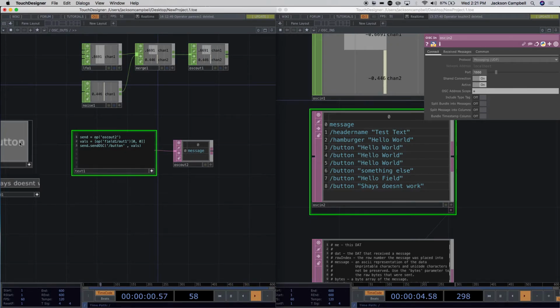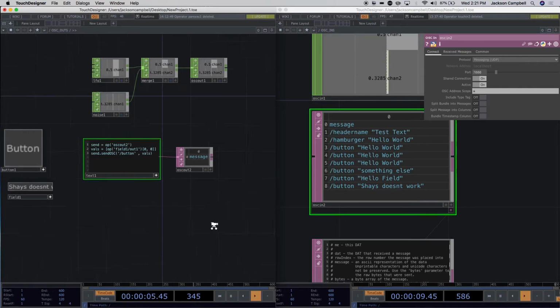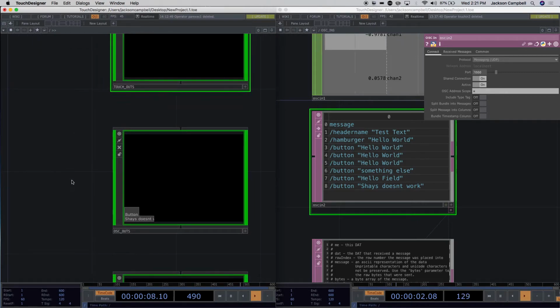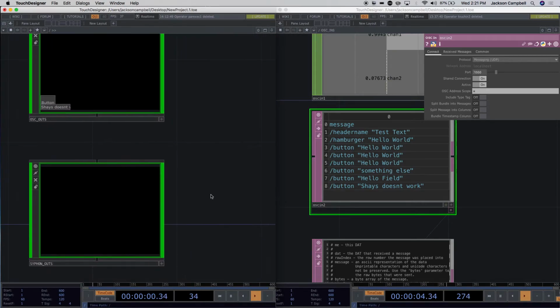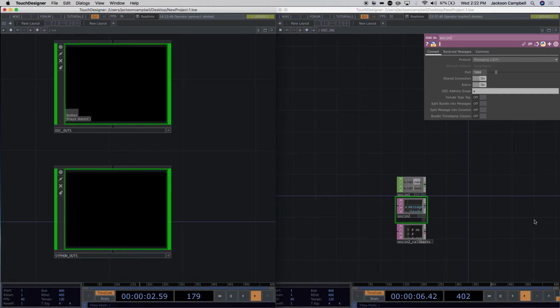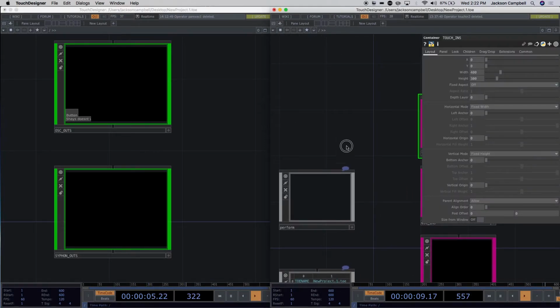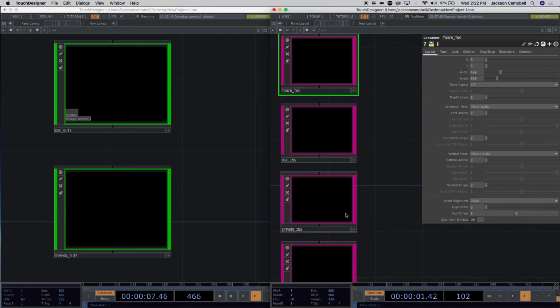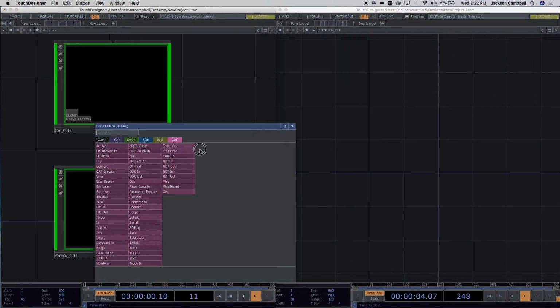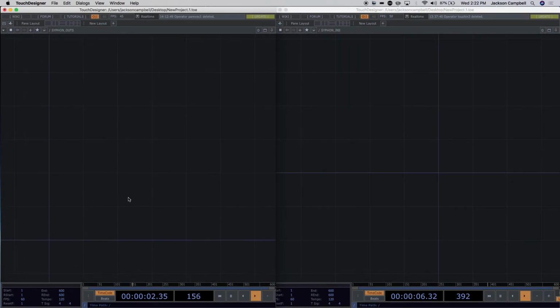All right. Let's get out of here and let's move on to Siphon/Spout. So go ahead and exit that one and go into your Siphon ins and your Siphon outs. This one will be pretty easy and quick. Siphon's built into TouchDesigner, I believe, and Siphon doesn't work on Windows, but there's an equivalent